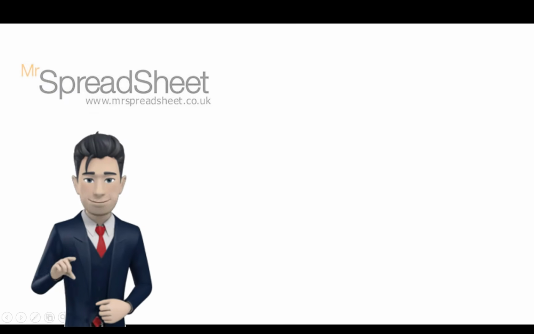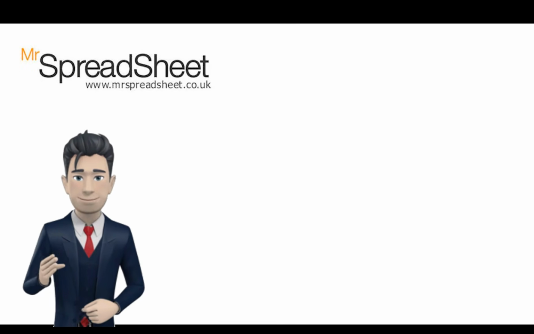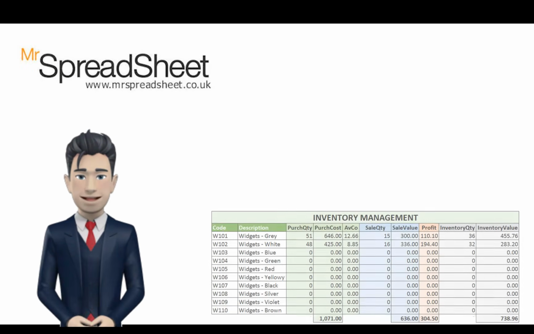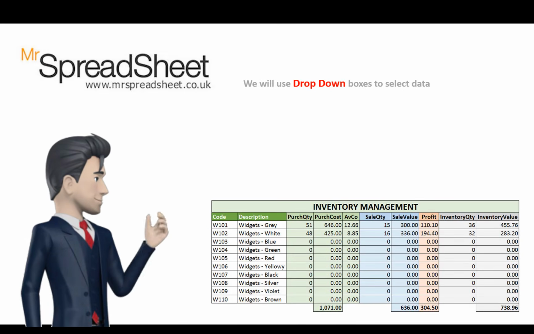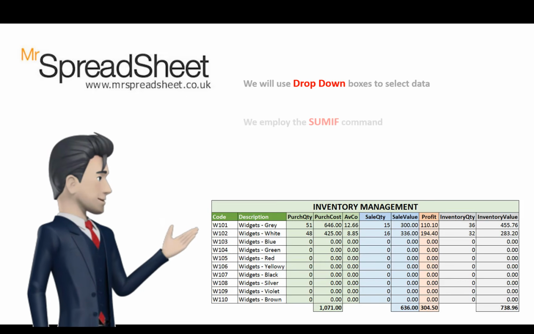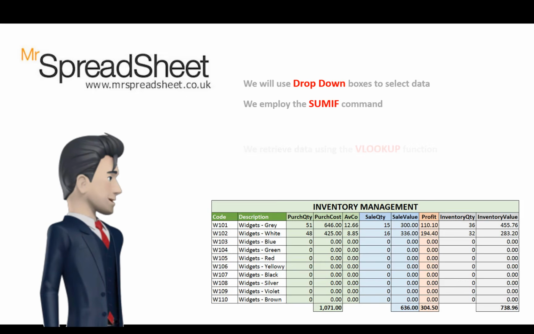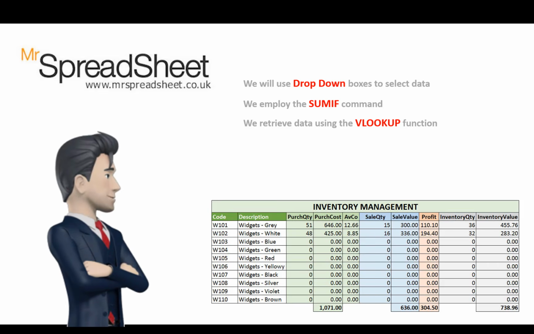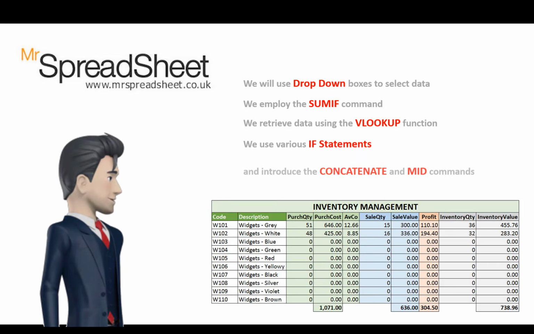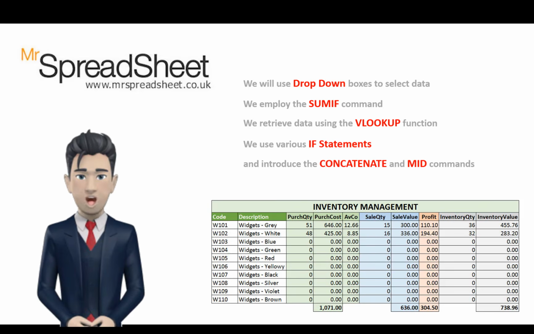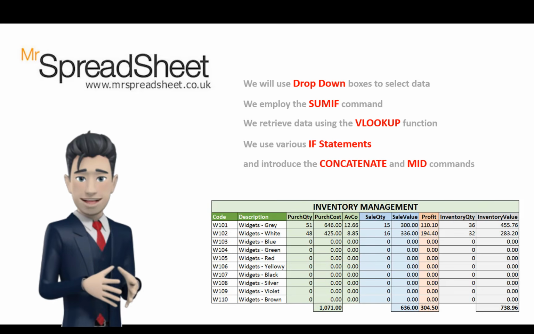The inventory management spreadsheet will use many of Excel's functions and commands, including the use of drop-down boxes to select data. We employ the SUMIF command and retrieve data using the VLOOKUP function. We also use IF commands to isolate data and introduce the CONCATENATE and the MID commands to perform advanced data